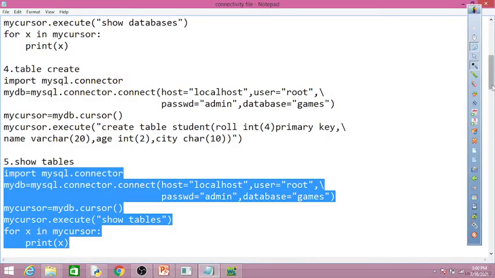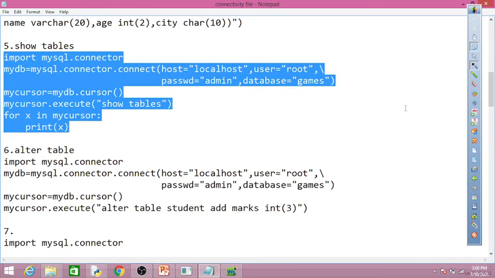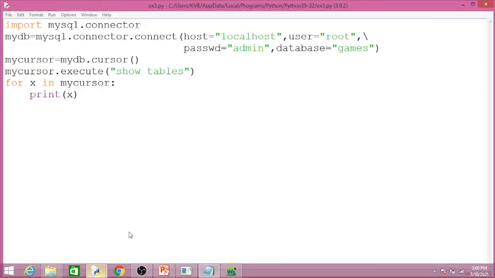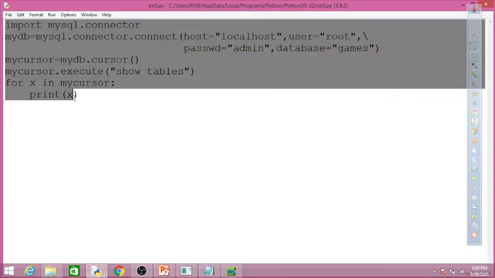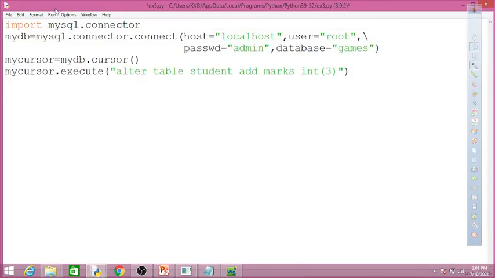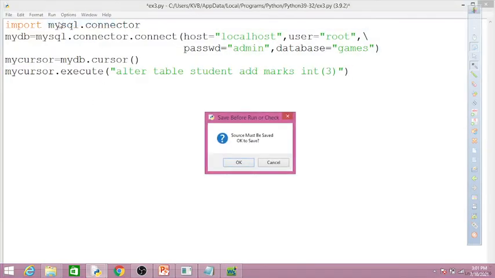Okay, so I'm going to run this alter table command. Let's see it. Here I copied this code, and in my Python file I will paste this code. So let's do it. I paste it. Now we will run this command.